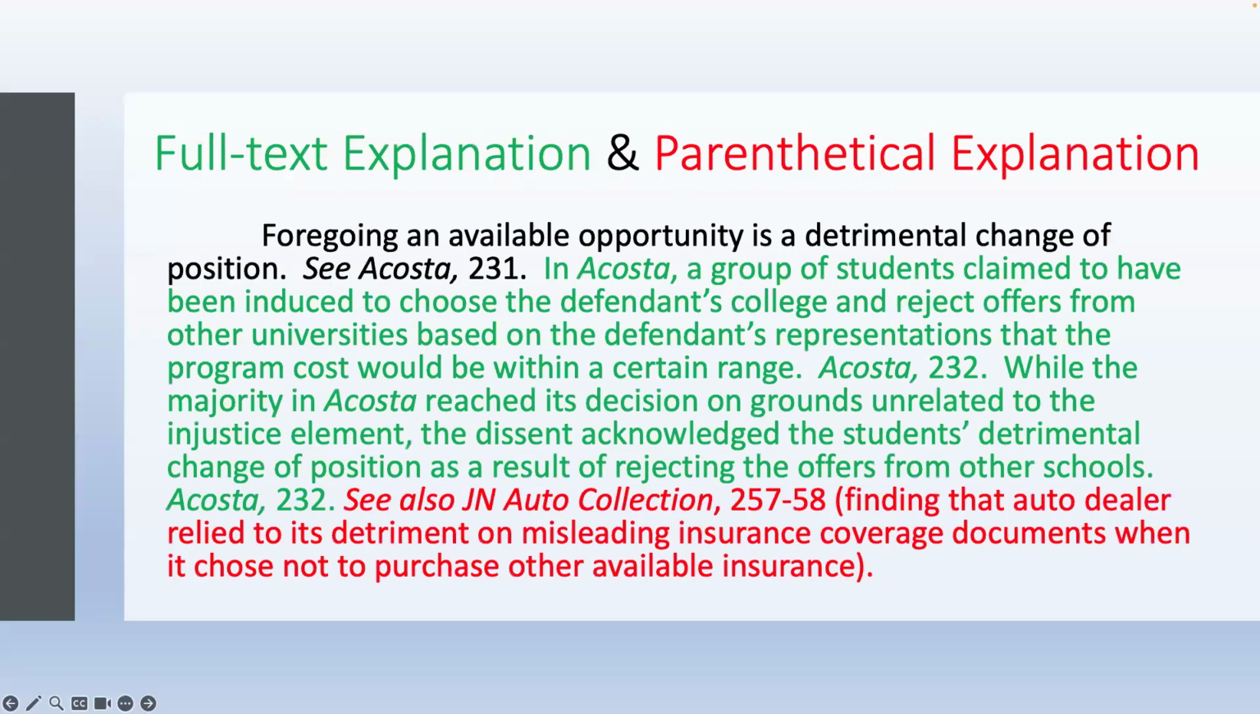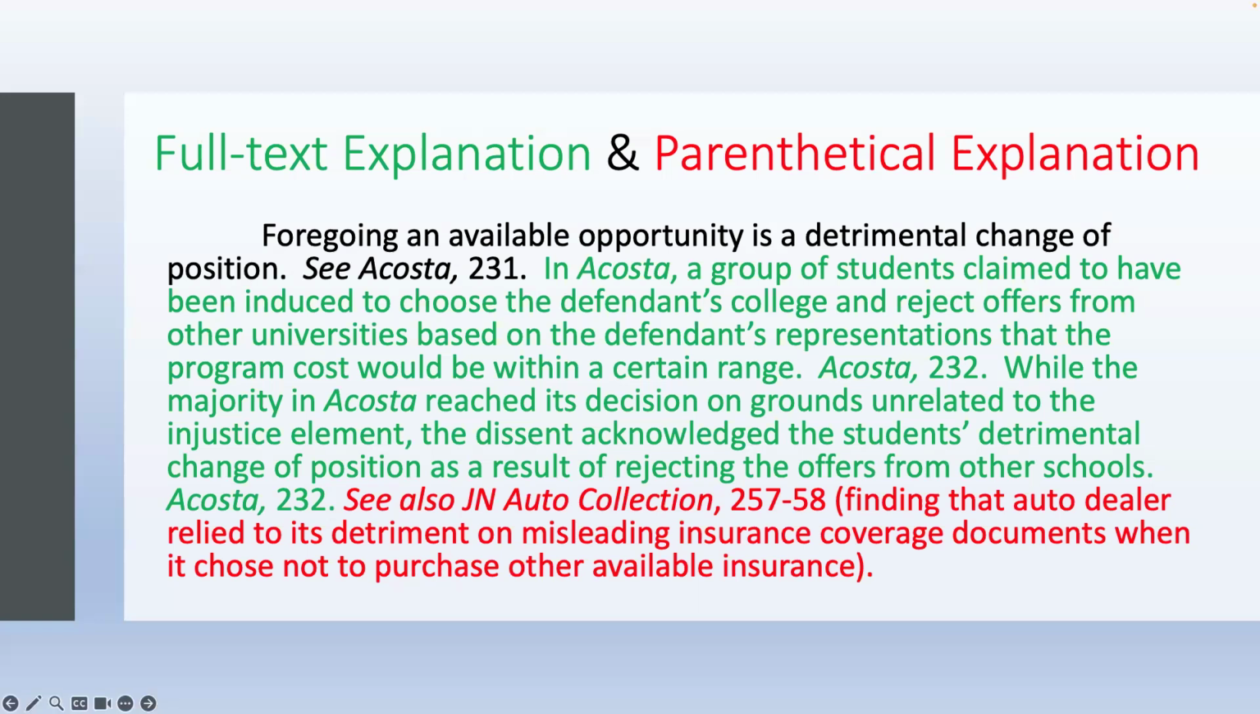If you go to page 10 of your sample memo, you will see this. The first sentence, foregoing an available opportunity is a detrimental change of position, is the hook concept or the hook for that paragraph. Note that the cite after it is just the case name and the page where the information is found. Next, the writer turned around and did an FHR for that case and